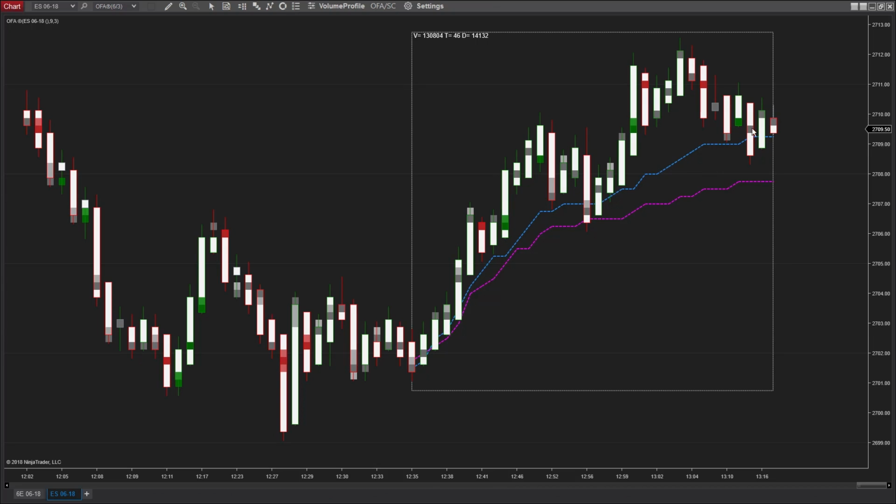What I'm really waiting to see is if we can print volume on the other side of this volume weighted average price. And if that's the case, then maybe we're starting a downswing. If this holds and starts to ramp back up, I'll look at it again. But the stop is getting wide, and